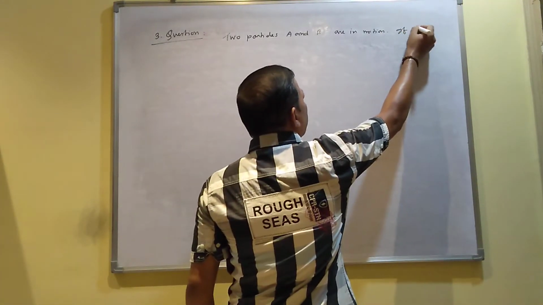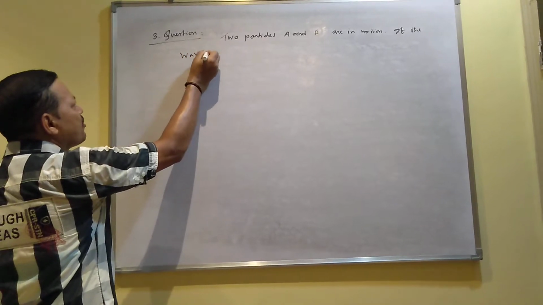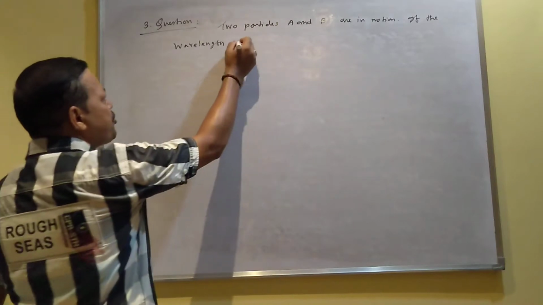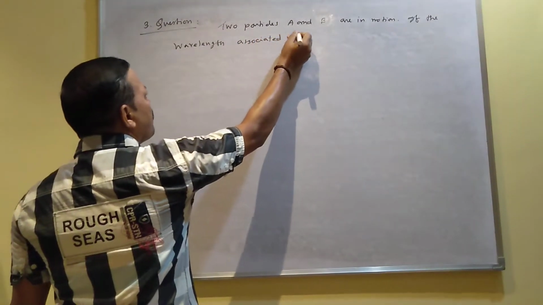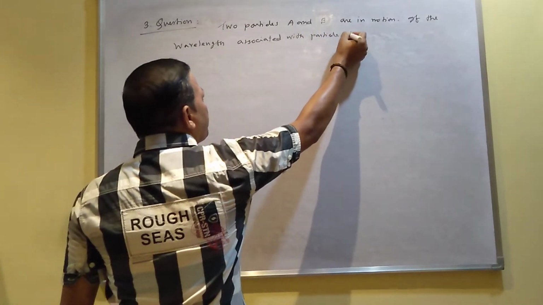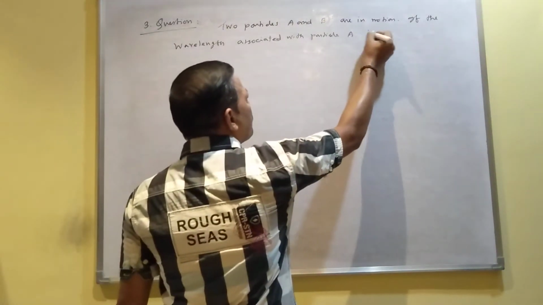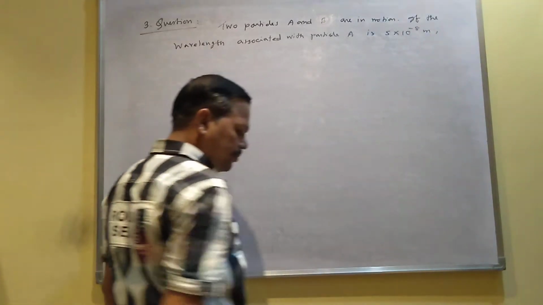If the wavelength associated with particle A is 5 into 10 to the power minus 8 meter,